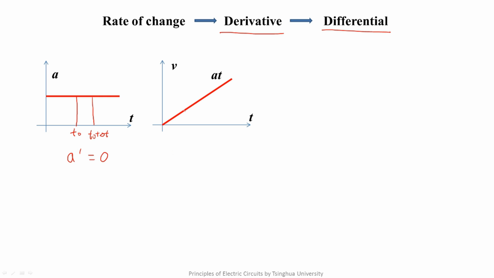Next, let's discuss the rate of change of v equals a times t. Similarly, the first point is t0. After a very short time, the second point is t0 plus delta t. The vertical axis of this point is a times t0, and the vertical axis of this point is a times t0 plus delta t. Then we know after this very short time, the change of this function's value is a times t0 plus delta t minus a times t0